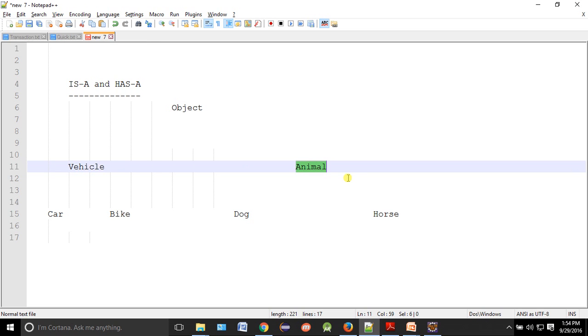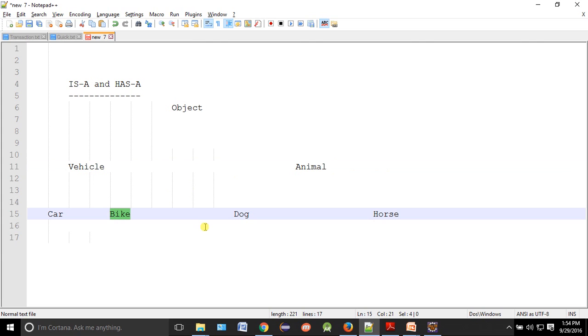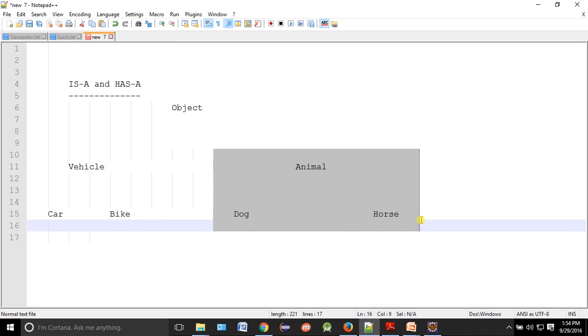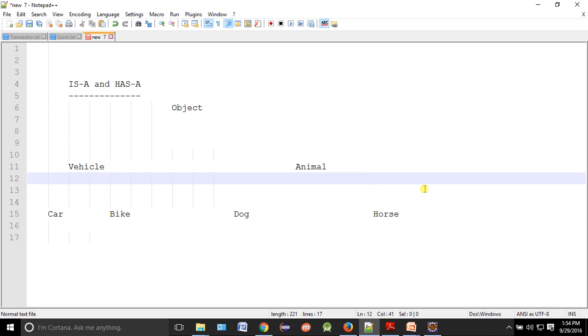Now if I say bike is a dog, is it correct? Bike is not a dog, right? Because bike does not fall under the dog hierarchy. If I say animal is a dog, is it correct? No, because all animals are not dogs.